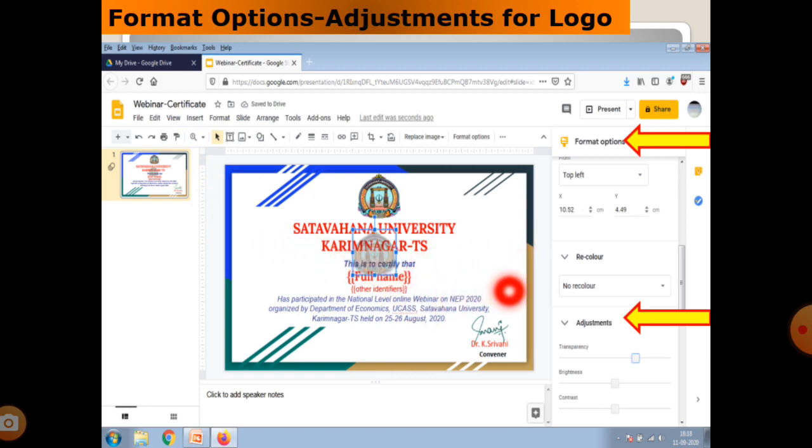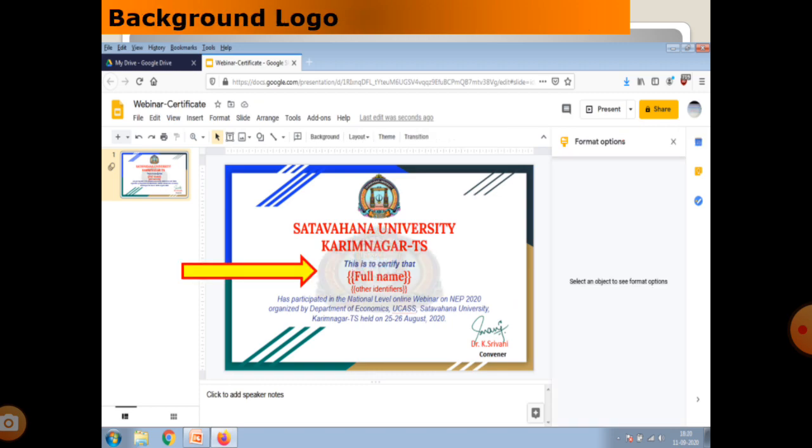This is only for the logo: how to insert the logo and how to use it as the slide background in the middle of your certificate. Format option, adjustment, transparency. Is it clear? I adjust the background logo with the use of format options and adjustments.